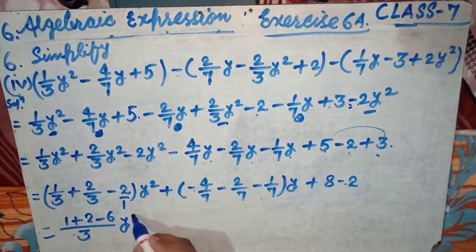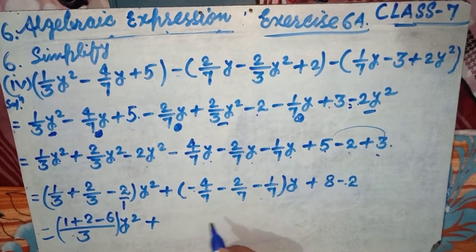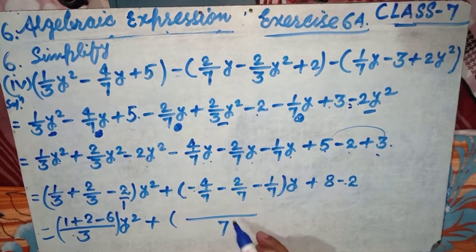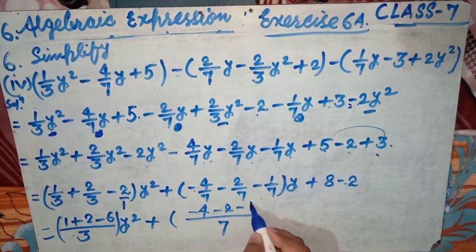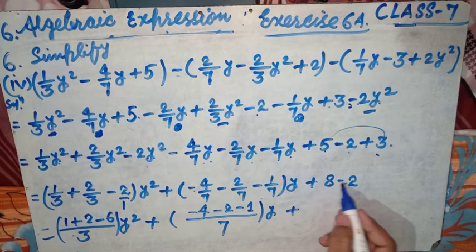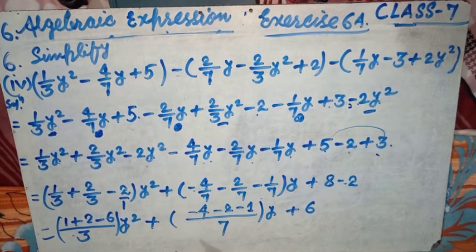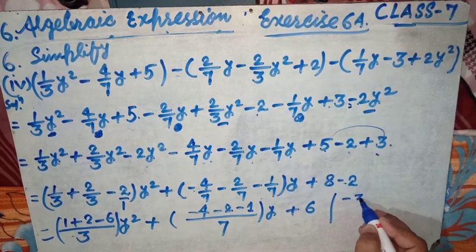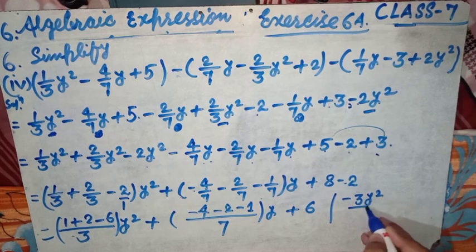This is y square here. Now this is plus. We can write the bracket side. Here the LCM is 7, because the denominator is the same, write a single denominator. Now write the numerator as it is, because everything has the same denominator. 8 minus 2, this is 6. Now here 2 plus 1 is 3, minus 6, we have to subtract in reverse order, meaning minus 3. So we can write here minus 3 y square by 3.